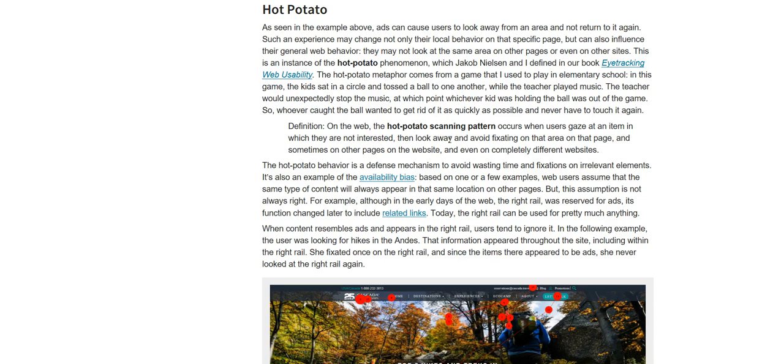In this game, the kids sat in a circle and tossed a ball to one another. When the teacher played music, the teacher would unexpectedly stop the music, at which point whatever kid was holding the ball was out of the game. So whoever caught the ball wanted to get rid of it as quickly as possible and never have to touch it again. Definition: on the web, hot potato scanning patterns occur when users gaze at an item in which they are not interested,